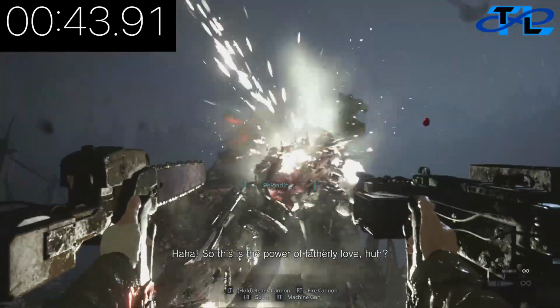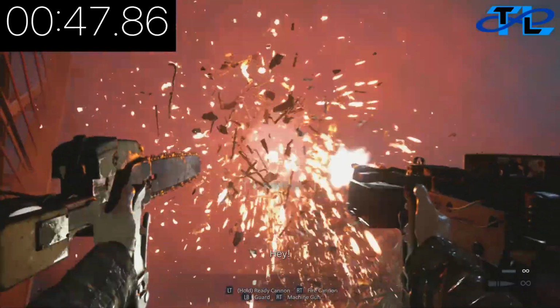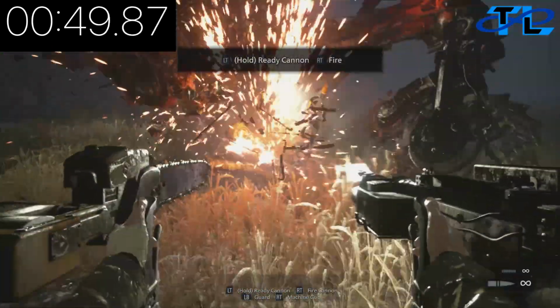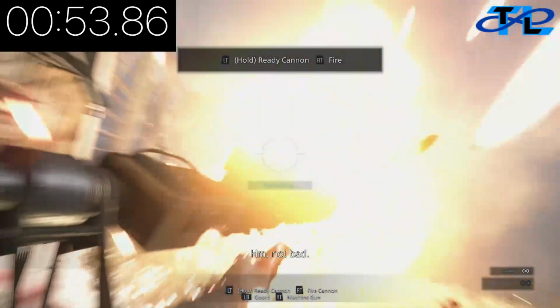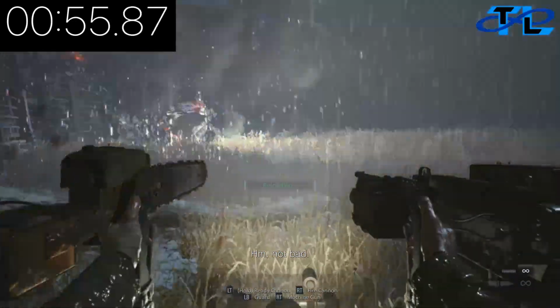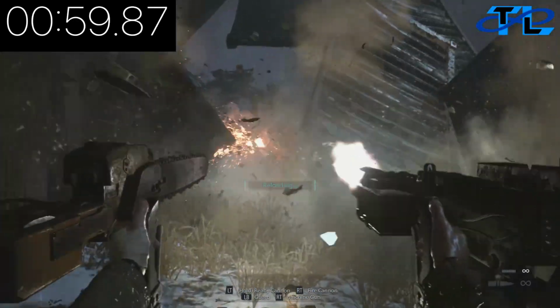Don't let him hit you as much as I let him hit me. If you can avoid getting hit as much as possible, it'll make this boss fight a lot easier, and it'll make getting it in under 4 minutes a lot faster and easier. As you can see, I messed up at a couple of parts, and when he does this thing, all you're gonna do